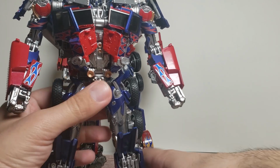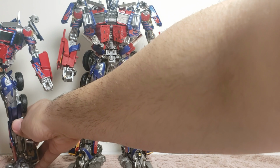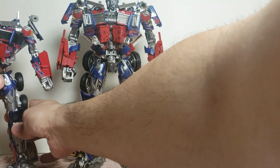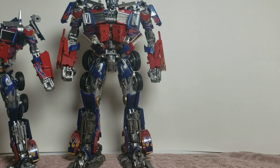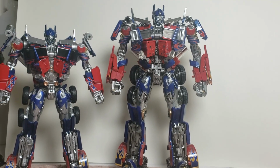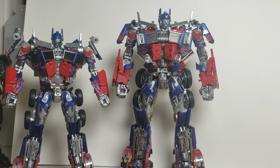So, a couple comparisons. People were asking about Challenger and everything, how he scales. I know MGO put out a review about the Dream Factory Megatron. He was really, really happy because the Black Mamba was just too big. And he was really happy Dream Factory put out an MPM scaled Revenge of the Fallen Megatron, based off of the Studio Series one. I wanted to address in the second part of this video,